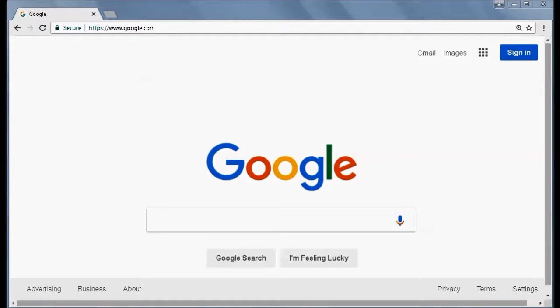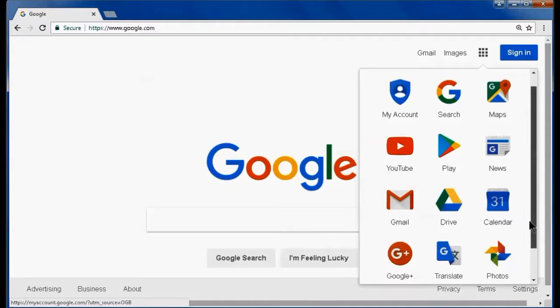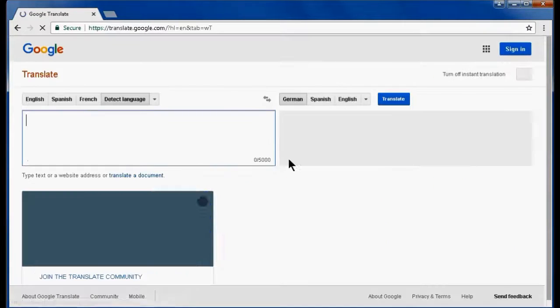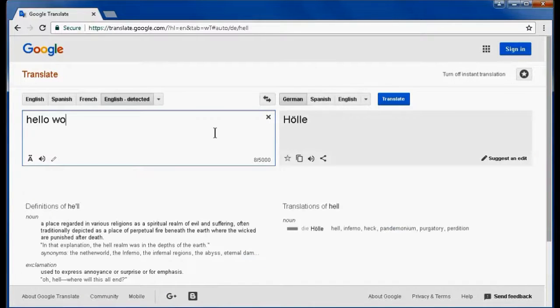Another tool that's helpful with languages is Google Translate. Again, I'm still in Chrome, and notice that you can also search by voice. This is something that you won't see in the other browsers. But going on with their language, we want to go to Google Translate, or you can enter translategoogle.com, and then you say something like hello world,